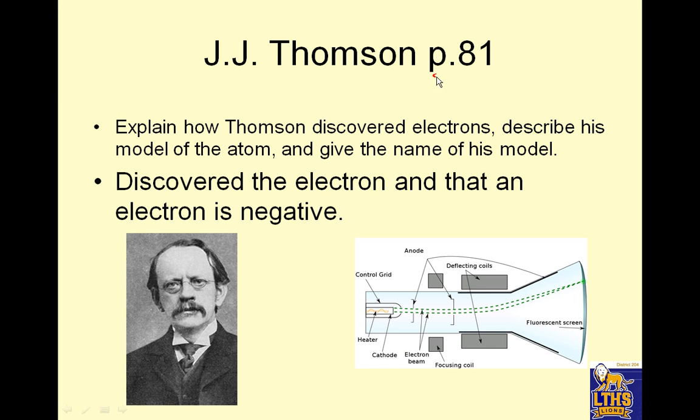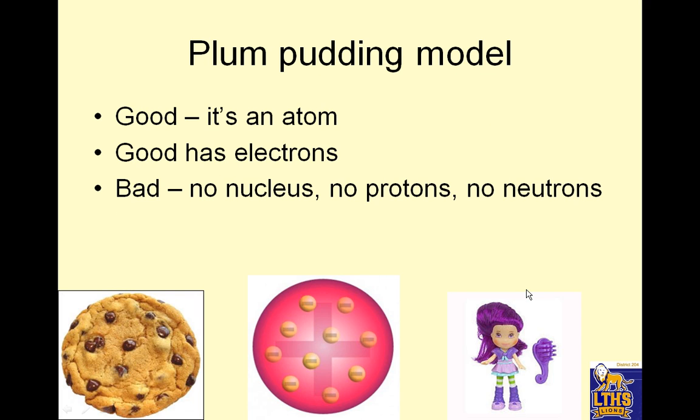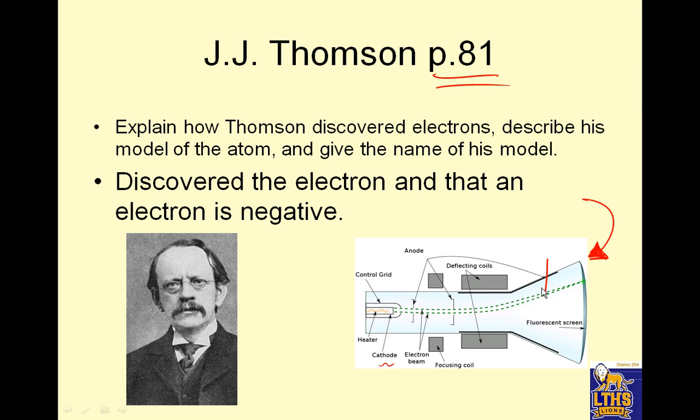Okay, more evidence. Look at page 81. There's a description of this piece of apparatus. Please make sure you know what this is called. This should help, and make sure you know what this experimental piece of material is called. But J.J. Thomson used it to discover the electron, and then he discovered that the electron was negative based on that. Okay, so let me just say that this was a beam of cathode rays